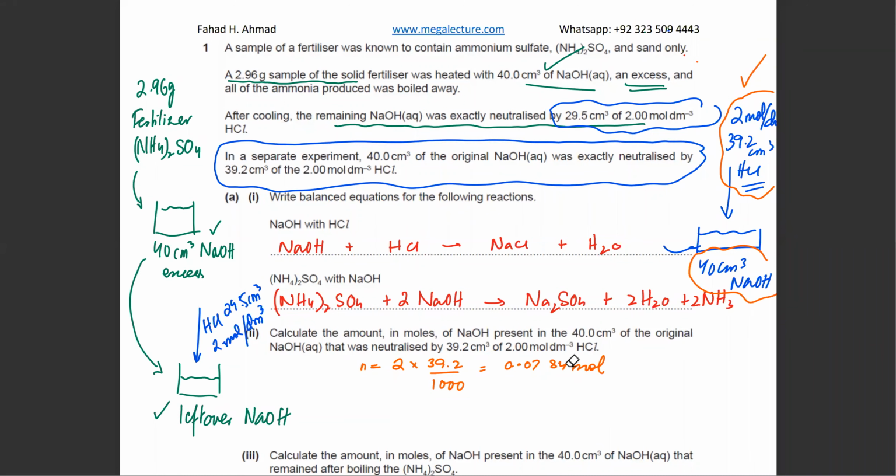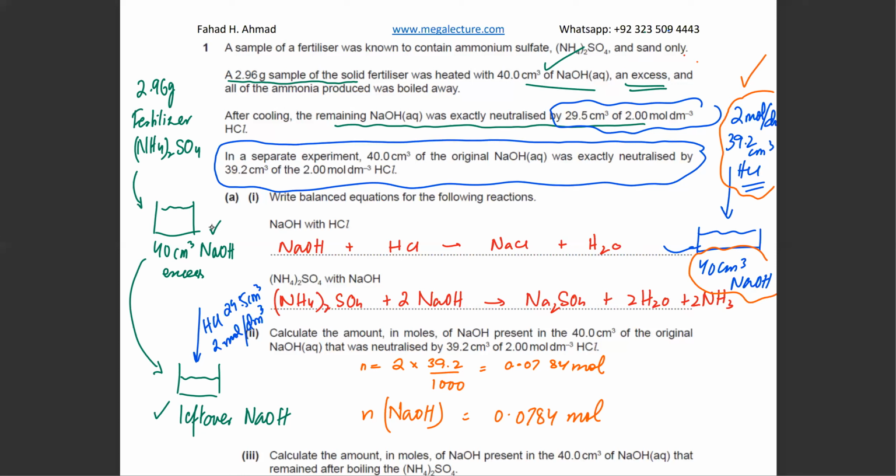0.0784 moles. Okay, so NaOH and HCl react in 1:1. So the amount of moles of NaOH over here would be exactly the same, 0.0784 moles. So this other experiment that he did, because remember, we had 40 cm³ of NaOH in excess